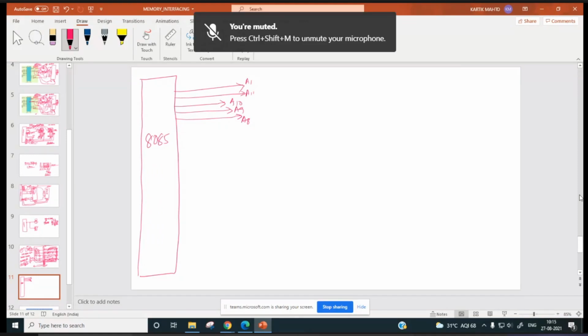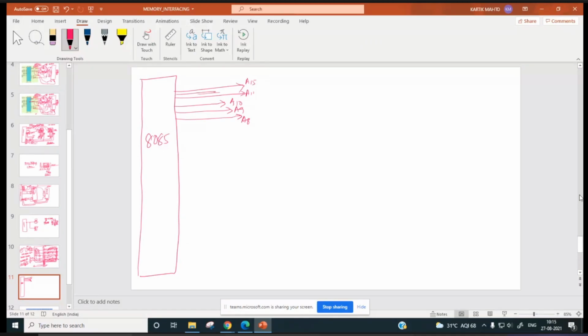Right, 8 lines are there. Then we have AD0 to AD7, and this will be actually D0 to D7,